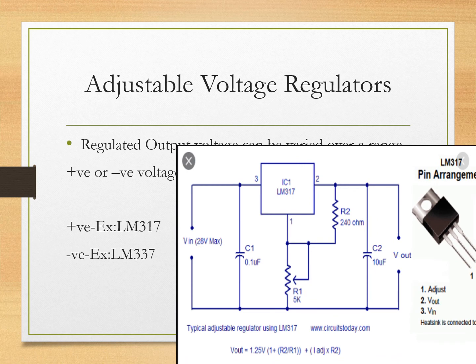Adjustable voltage regulators regulate the output voltage within a desired range, and it can be adjusted within that range. For example, with the LM317 voltage regulator, we can vary the output voltage from 1.2 volt to 37 volt. This voltage adjustment is achieved by placing different resistor values for resistor R2. Here also we have two types of voltage regulators, that is positive adjustable voltage regulators and negative adjustable voltage regulators.